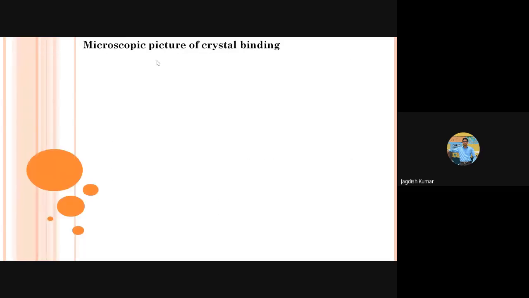Well, this completes our continuum model. That's all we had to cover from the continuum model in our syllabus. Now we shall be moving to the microscopic aspects of crystal bonding, that is, how we can microscopically understand how various crystals bind to each other. For that, we will be discussing what are the forces responsible for binding of the crystals. There are four main broad categories into which crystal bindings are divided.